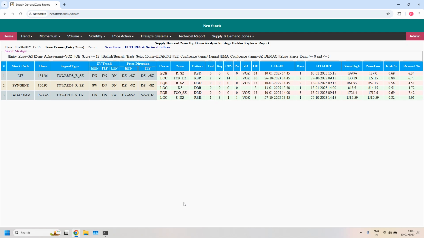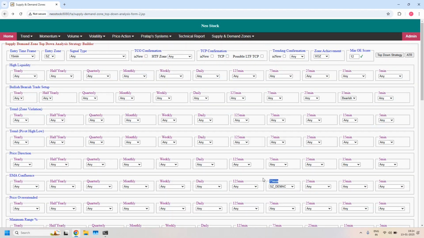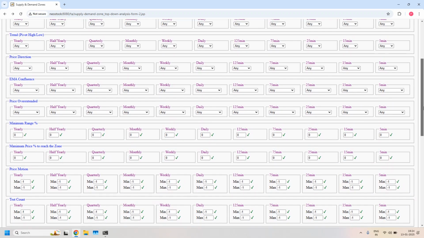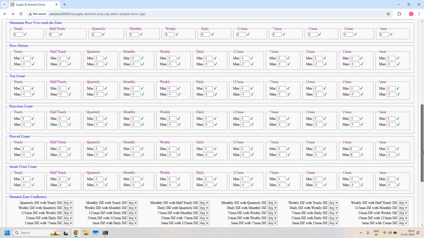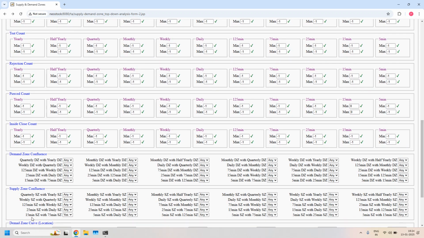Okay, next let us look for LTF, ITF and HTF supply zone confluence. I am removing EMA filter. And in the supply zone confluence, we should set 15 minutes, 75 and daily supply zone confluence. First one is already enabled, 15 minutes with 75 minutes confluence. Next 15 minutes supply zone with daily supply zone confluence. 75 minutes supply zone with daily supply zone confluence. With all the 3 filters,